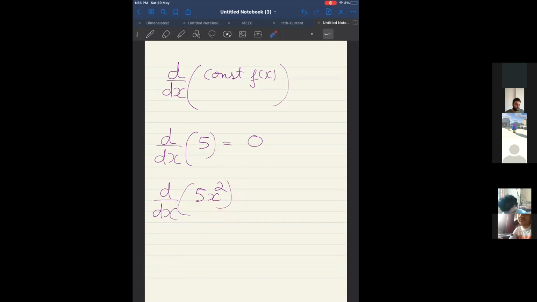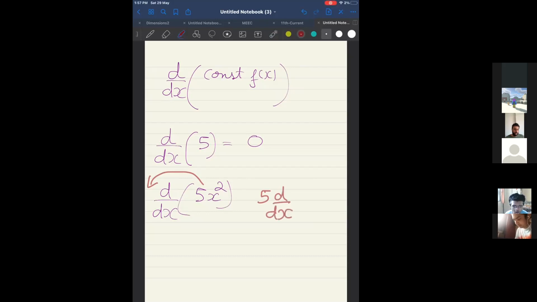So in this case, what I should do, please look at the screen carefully, is take the constant outside the differentiation sign. I have to take the constant outside the differentiation sign. So I will get the constant outside. This is only when the constant is with some function. And then I do d by dx of x square. Phi as it is. What is the differentiation of x square with respect to x? 2 into x power 2 minus 1, which is 2x to the power 1. 2x power 1 is the same as 2x, correct?